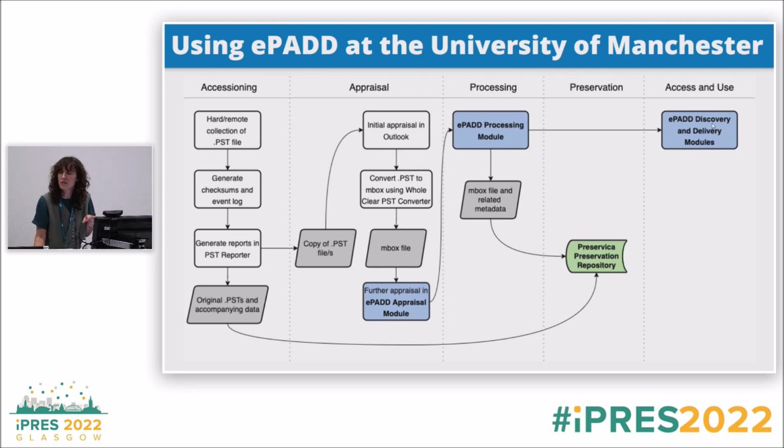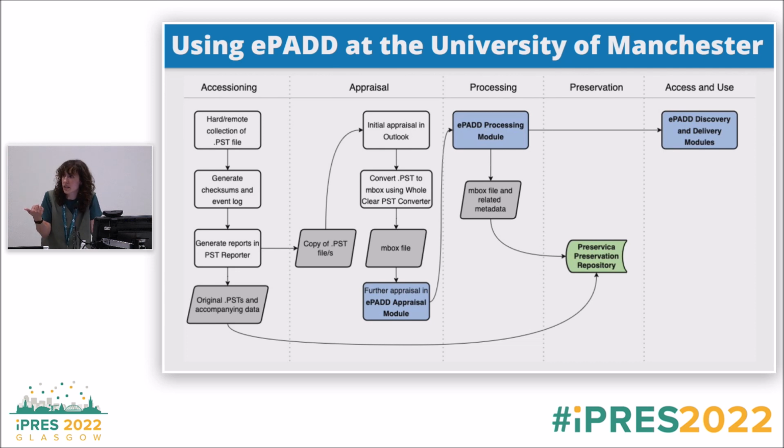If you haven't looked at the ePADD discovery and delivery modules yet, they're actually really clever. They were developed in a really good way. I think a lot of people, when they're first getting into it, are like, wait, we're not ready to put our email archives out there. That's a lot of really sensitive data. But the email discovery module, and there's actually now a collaborative discovery site